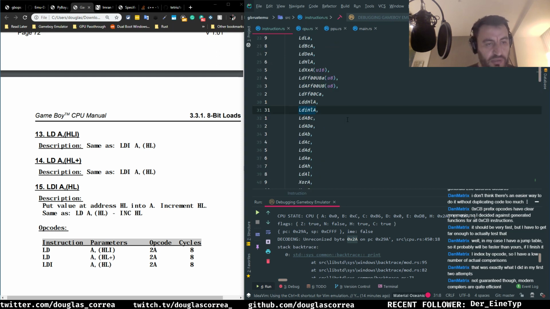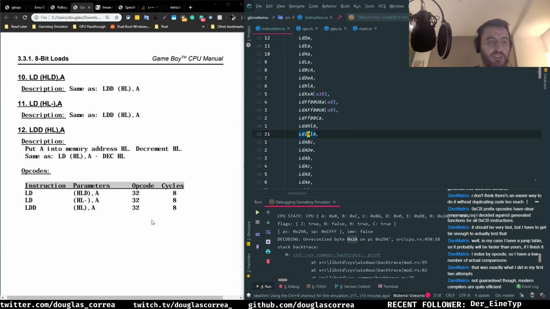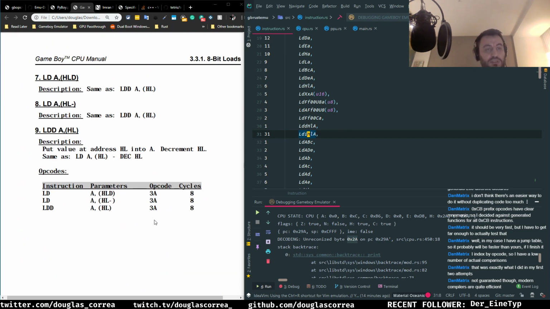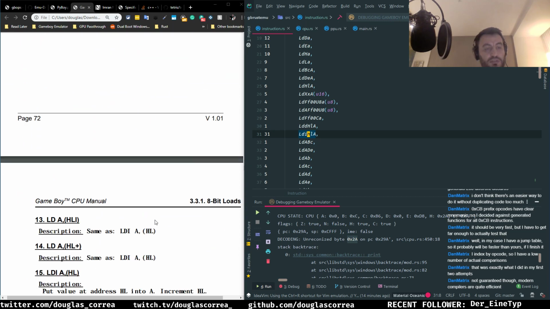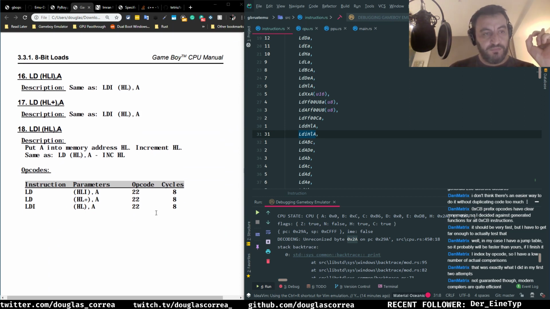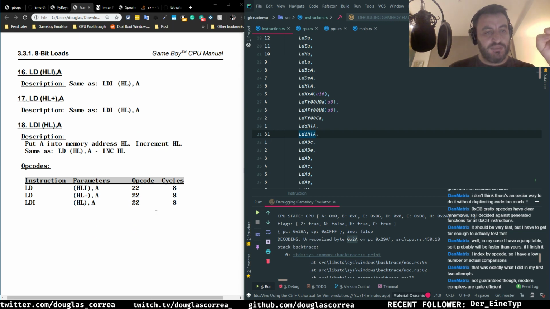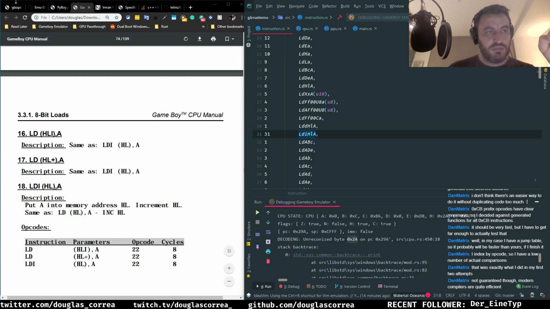Here, L, D, A. I implemented the other way around, which is I already implemented, but it's this. So wait,